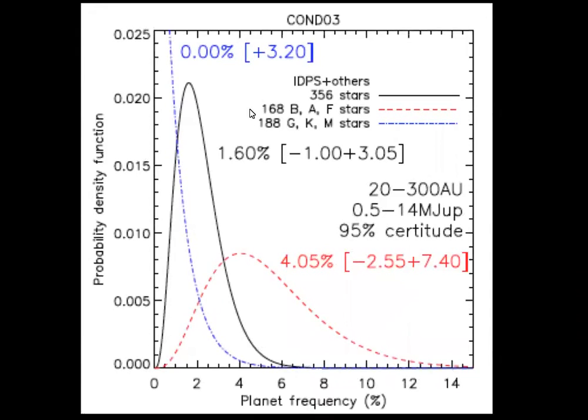But we came up, if you split this, so one thing we were wondering is if more massive stars tend to form more massive planets, because we found H3799 and for lower mass stars, we didn't find anything. So if you look at the statistics for higher mass stars, so B, A, and F stars, we find that around 4% of stars have these kind of planets like H3799, and for lower mass stars, we can only put upper limits. But the upper limit is less than 2 to